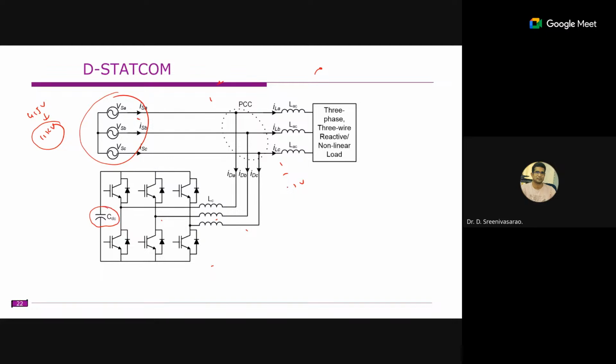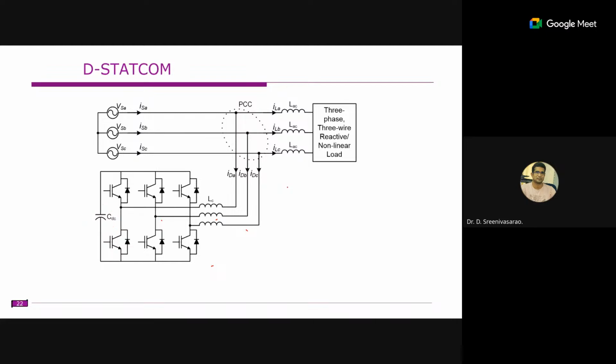So here by this STATCOM, we are not injecting any active power. We are just injecting some reactive power only, but in the opposite direction. Truly we are not inserting any real power to this load side or to this side. That's why a small energy storage system is enough, so that it will act as a buffer.